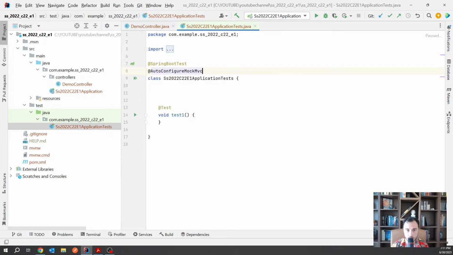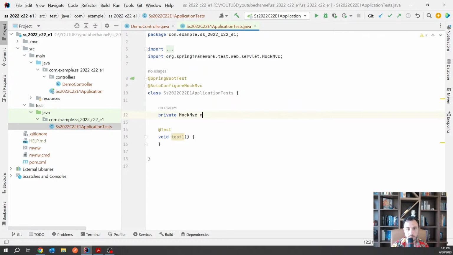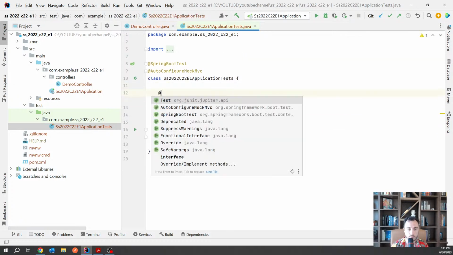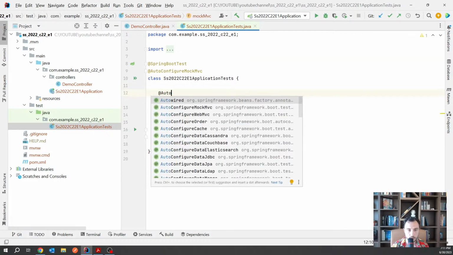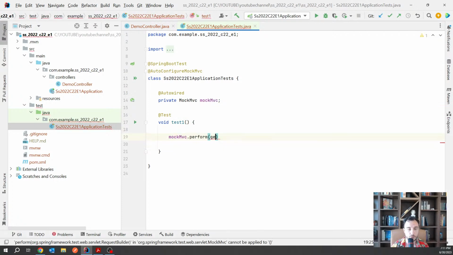So we can use the auto-configured MockMVC here for our case, and actually not create, but inject my MockMVC object from the auto-configured MockMVC, and then of course perform a call against our only existing endpoint, which is demo. Okay,